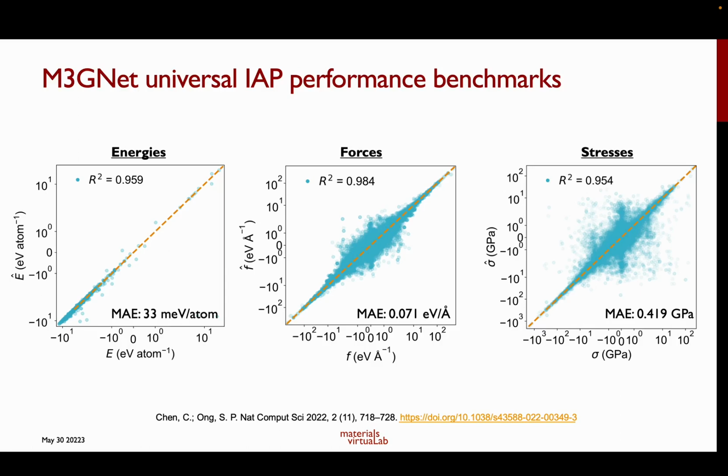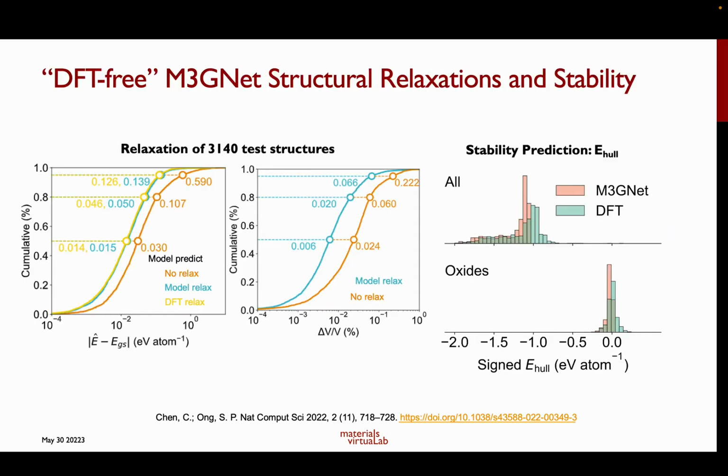So these are just some performance benchmarks. We can predict energies to within about 33 meV per atom or so. The force error is also very low. We do slightly worse on the stresses, but in general, that's still reasonable. But the main value of M3GNet is that today, we are able to do DFT-free predictions of structural relaxations,